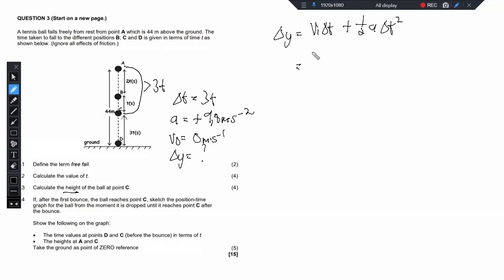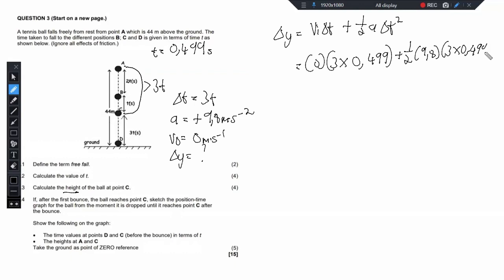But then our vi is 0, and our delta t is 3t, but remember we already have the value of t, that's 0.499 seconds. So I'm just going to substitute my delta t as 3 multiplied by 0.499, right? Because it's 3t. And then half a is 9.8, and again here I will have 3 times 0.499, and let's not forget to square that. Now you simply punch all of this into your calculator, and then you will get